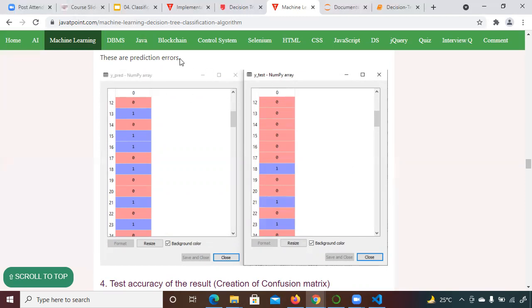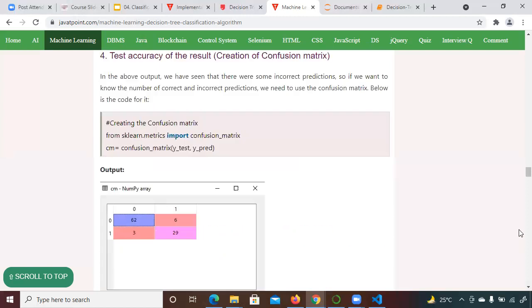So y prediction is what is done by your algorithm, and y test is the actual target variable value that was present in the data set. This was done by the prediction when you tested on 20% of the data. Based on that, you can analyze it and further improve the accuracy. Suppose your accuracy is coming 50%, then you have to work more on the algorithm to increase the accuracy. You can try another algorithm so that you can improve the accuracy. So like this it works.